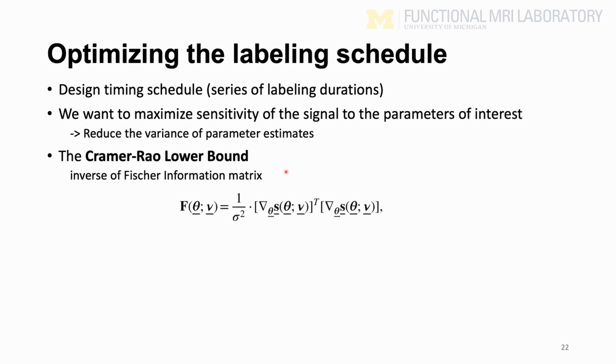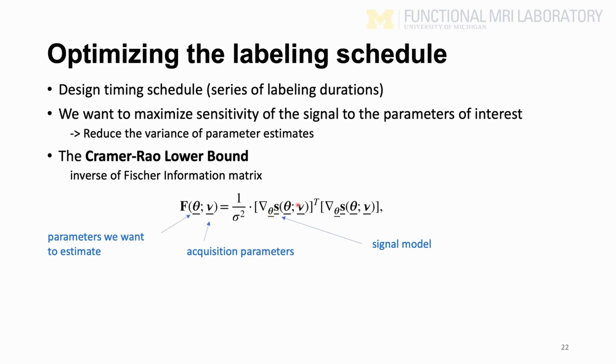Okay, so here's the definition of the Fisher information matrix. It is a matrix that you construct by taking partial derivatives of the signal model with respect to each of the parameters of interest. So each one of the entries is essentially giving you the rate of change of the signal as a function of the rate of change of the